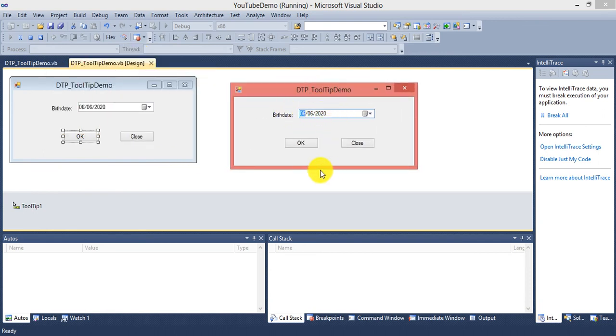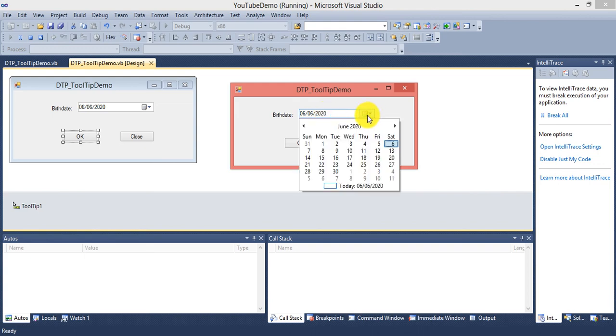Now whenever I hover the mouse over OK, you can see "Click to view birth date", which is our tooltip text. If I move to Close, it shows "Click to close the form", displaying tooltip information about both controls.